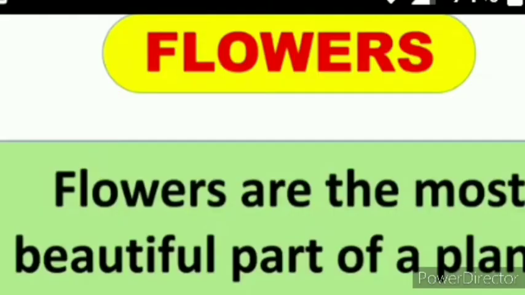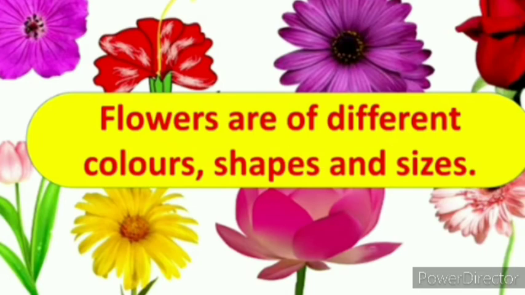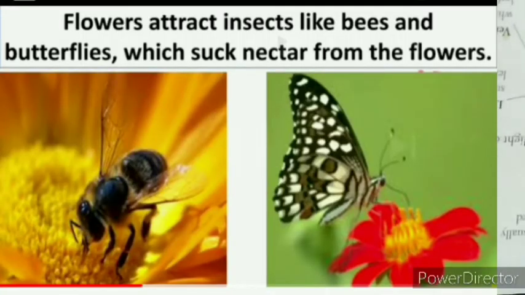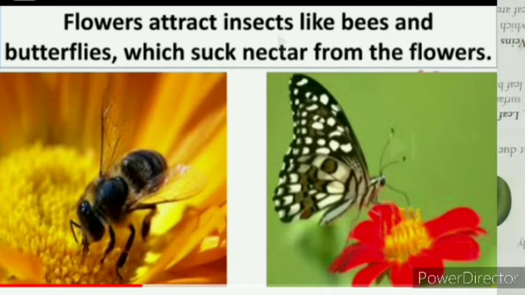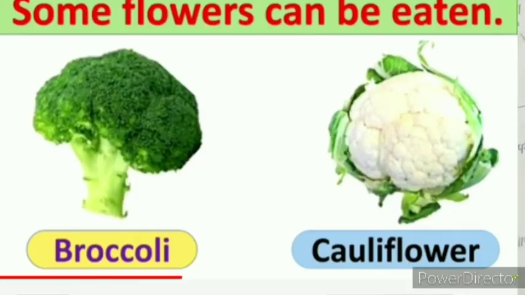Okay. Now the next topic is flowers. Flowers are the colorful structures attached to the stem. Flowers are the colorful part of the plant. Flowers are of many types and many shapes. They make the plant look attractive. The function of flowers is that flowers help in reproduction. Many flowers like rose yield perfumes. Some flowers change into fruits. Some flowers we eat, like cauliflower, etc.